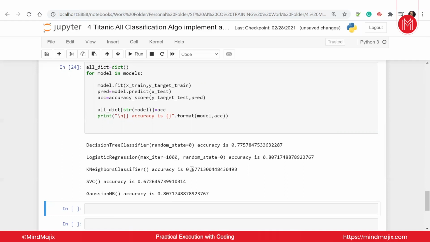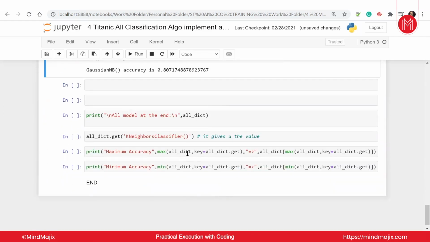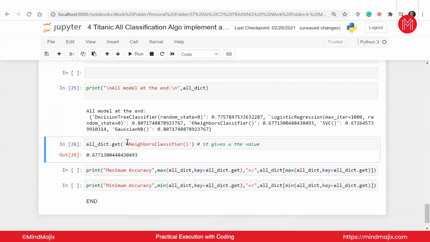If it is too long a number for you and you're not really clear which number is the lowest and the highest, you can also try this maximum accuracy part. I'm printing a dictionary here, which is not really important at the moment. I'm just using this get, and this will simply get me the value. Whichever algorithm I'm choosing, its value will be given to me.